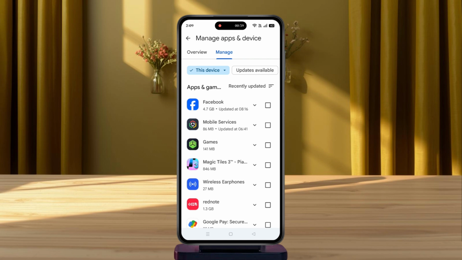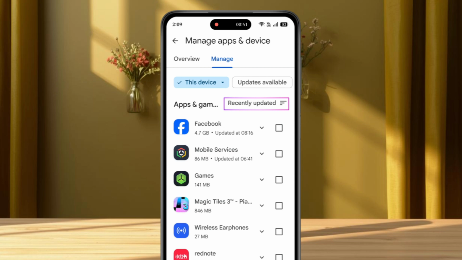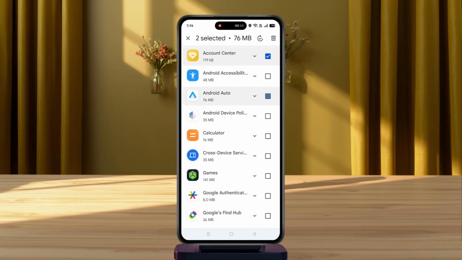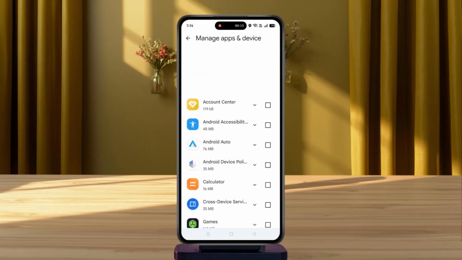From this page, you can see Recently Updated, tap on it, sort apps by name, size, or recently updated, and select one or multiple apps to uninstall if you no longer need them. You can also tap on any app to view its details, check for available updates, or open its Play Store